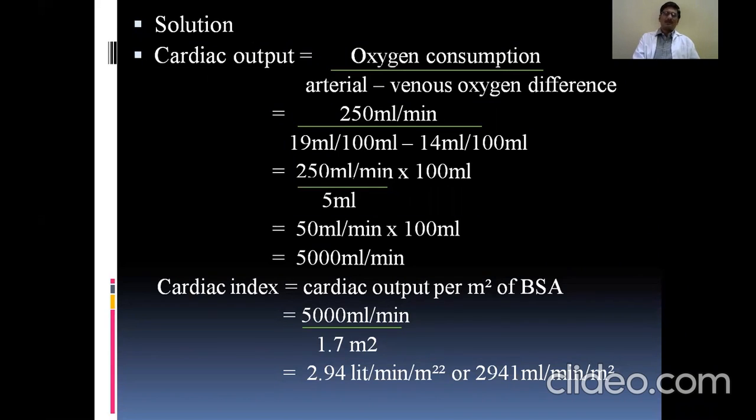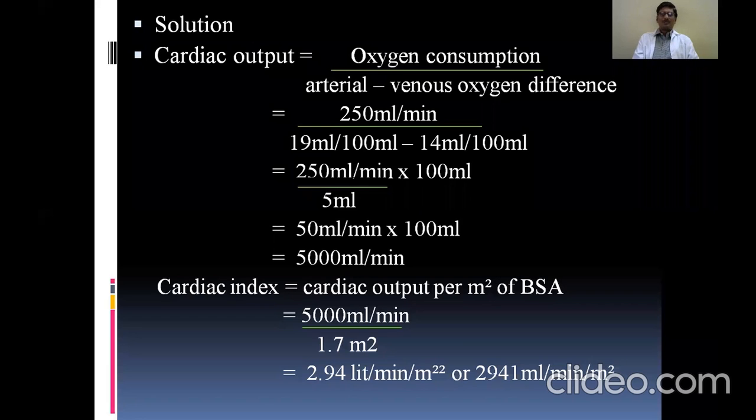So the unit is very important. It is always indicated as liter per minute per meter square, which is a more clinically useful index than cardiac output per se. Suppose you remember amongst your classmates, roll number 24, he may be around 120 kg or so. Suppose for him even 6 liters of cardiac output may be subnormal compared to a person who is hardly 35 or 40 kg. For him, even 4 liters of cardiac output may be normal. So simply by looking at the cardiac output, we cannot say whether it is normal or not. If you calculate the cardiac index incorporating the value of body surface area, that will yield more clinically useful results.